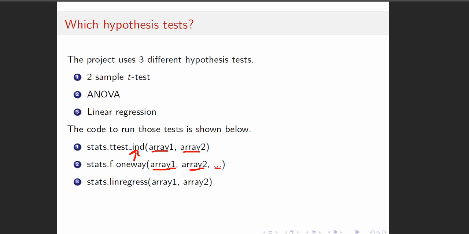The reason I put a ... is because in the project, we'll need 8 or 9 or 10 different arrays to run this. And the f underscore one way ANOVA will allow us to put in as many arrays as we need. So we can put in 3 arrays if there are 3 groups, or 9 arrays if there are 9 groups. And then stats.linregress also, I put in 2 arrays. The first one is the x, the variable that goes along the x-axis, and the second is the variable that